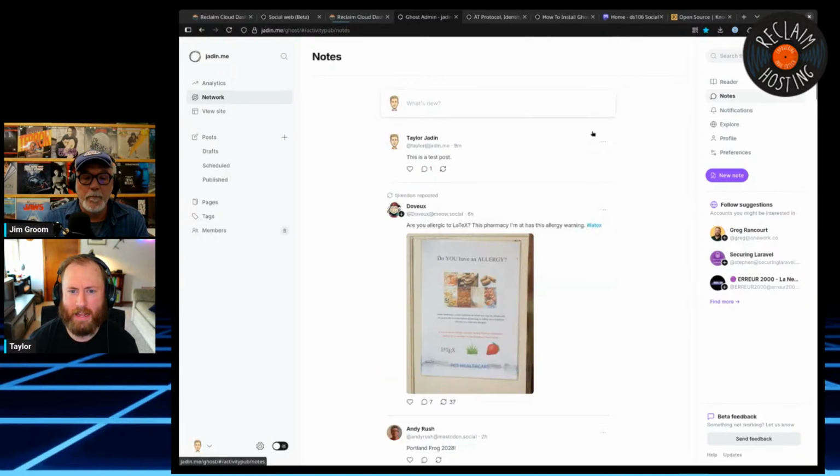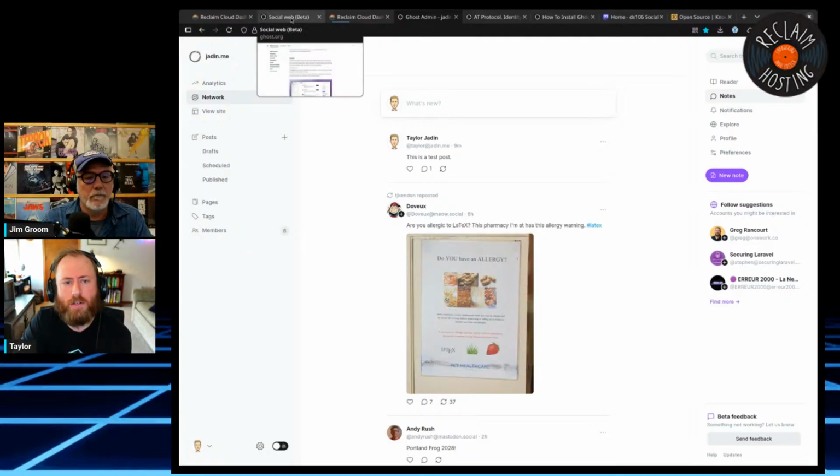And that's why I'm so excited about this, because I think the fact that they chose to do this reader and notes view in your Ghost blog dashboard on day one, this is the best part about it, to be very clear, is that this exists in my opinion. But I think that's very specific in them saying our philosophy is these things need to live together. We want a theoretical future where your blog is your home on the internet. Yeah, just like full stop. And I love that. I don't know if they've said exactly those words, because I haven't read everything, but it seems clear to me based on what I'm seeing here.